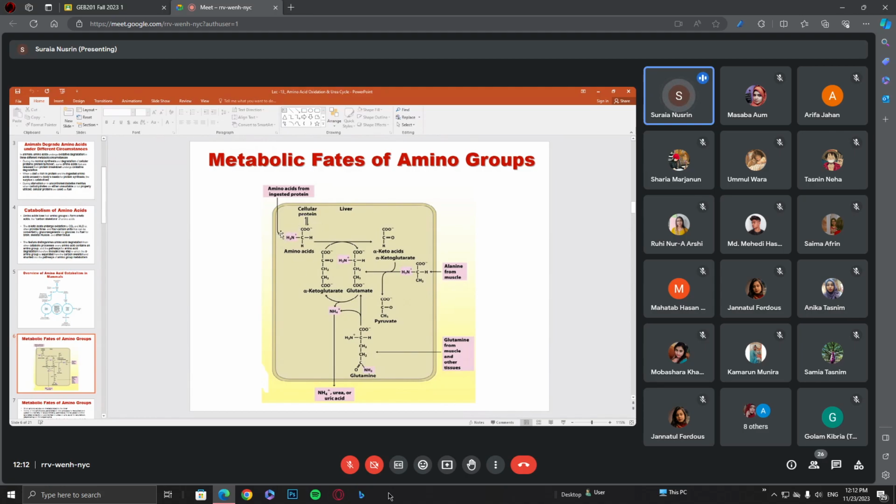This is the general structure. You can see the amino group is shown in pink shaded color, and in the very first step of catabolism, we said that the amino group is removed. So this amino group is removed, and obviously it will go to another compound, and that compound is here. If you look at this reaction, alpha ketoglutarate receives the amino group and becomes glutamate, and the remaining structure of the amino acid now becomes the alpha keto acid. Do you get it? Is it clear?